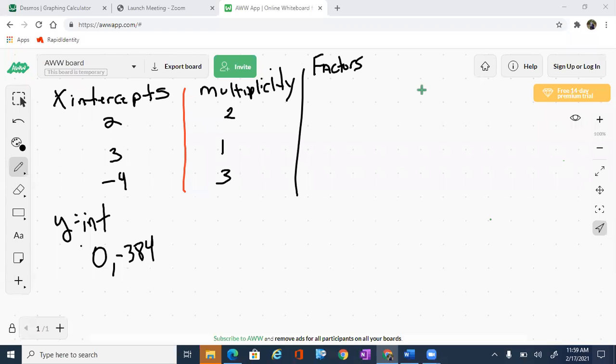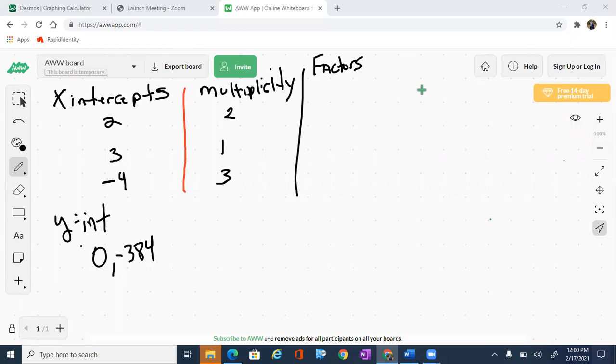All right, guys, we're going to be looking at multiplicity, x-intercepts, and building the polynomial. And this is for your Flipgrid. This is how I want you to demonstrate your Flipgrid for me today. So the first thing I have is I have chosen randomly my x-intercepts to be 2, 3, and -4. And I've picked an extra point I want the graph to go through, which is 0,